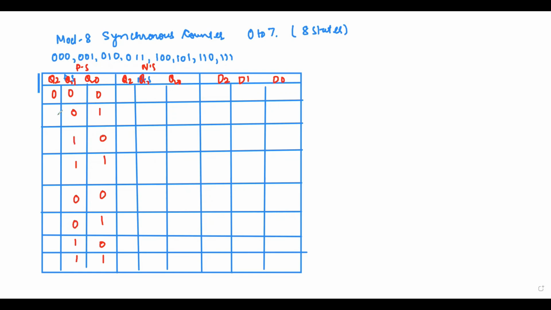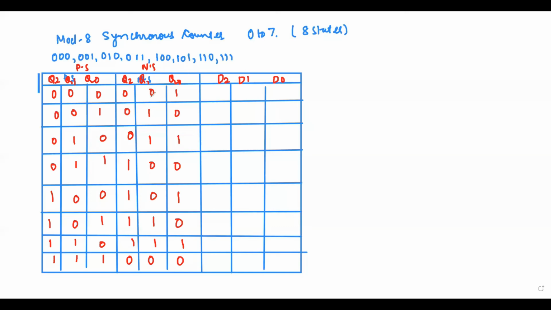Any sequence can be there. It's not mandatory that you follow this sequence; you can have a random sequence, as already told in the class. So the next state will be 1, this will be 2, from 2 it will go to 3, from 3 to 4, then 5, then 6, then 7, and from 7 it goes back to 0. Now this is your present state, this is the next state, and in D the next state is equal to what you have actually applied.